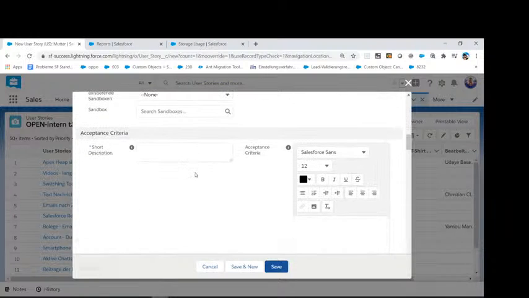And also we have a short description. What we're going to do is data executor. I want to delete email.